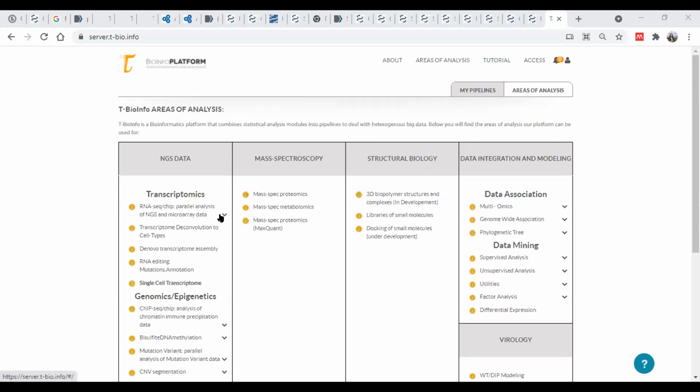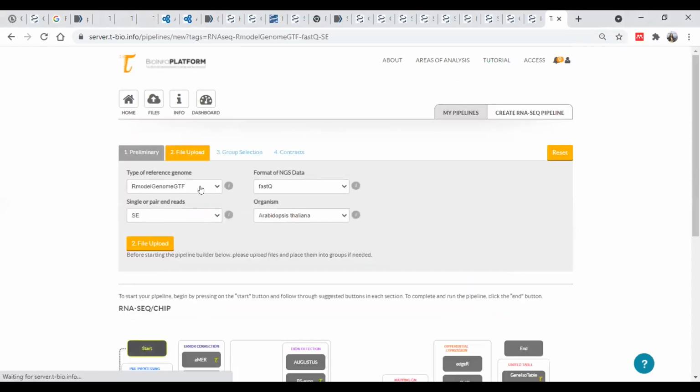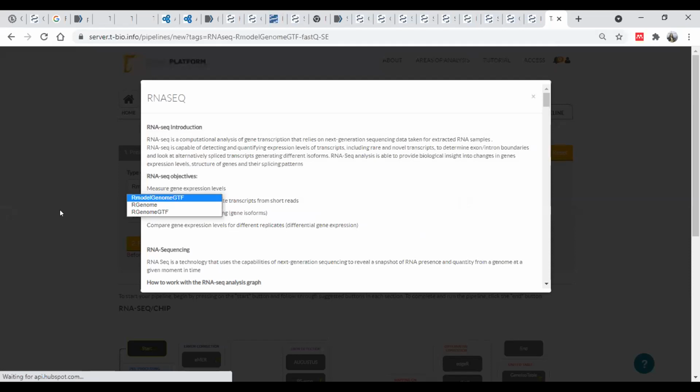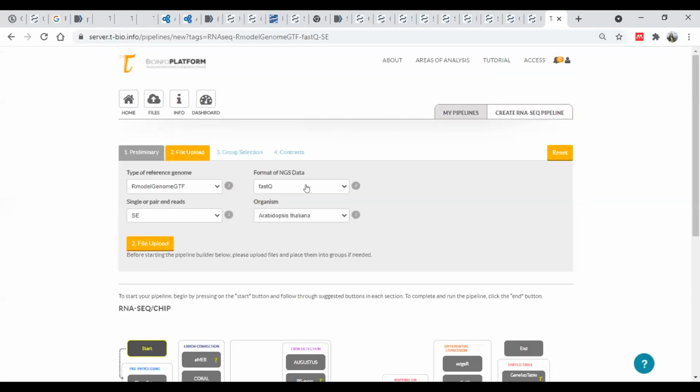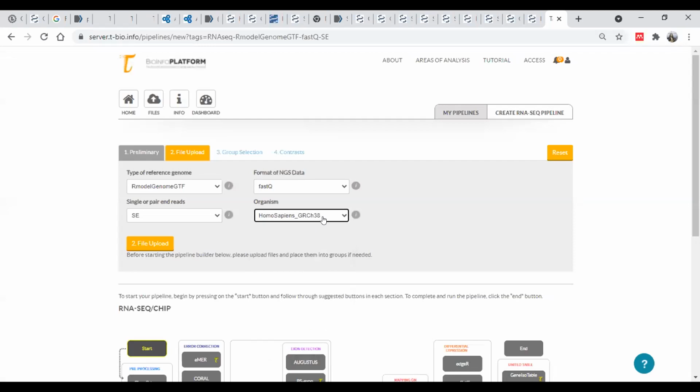So here is what you need to do. For example, this is NGS data. From this, you need to select the reference genome. These are the FASTQ files. The organism is Homo sapiens, so I'm using the latest human reference genome. Then we need to look at whether these are single end or pair end files. In our file, we can check that. So these are single end data, so here we can select single end.